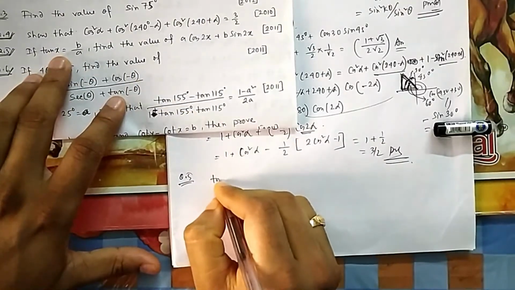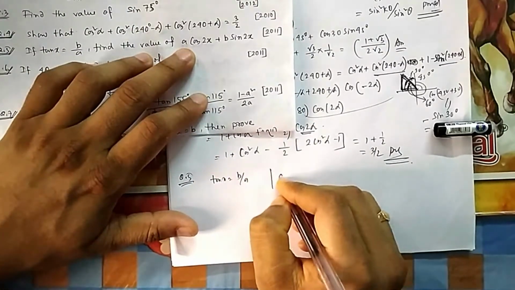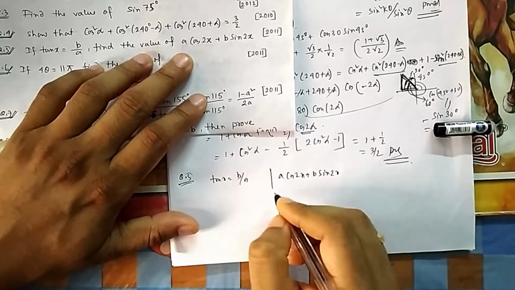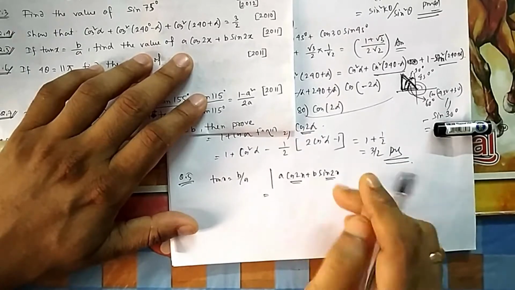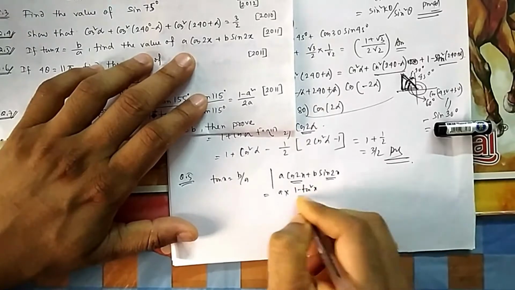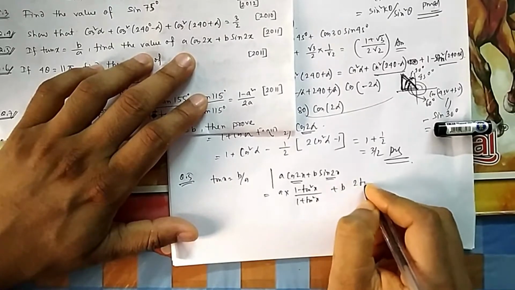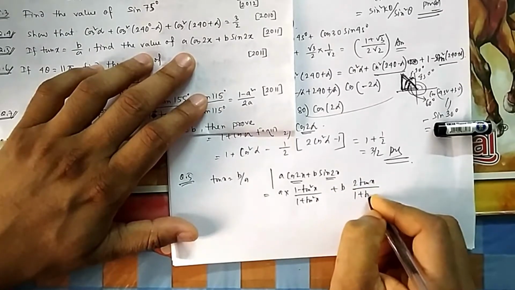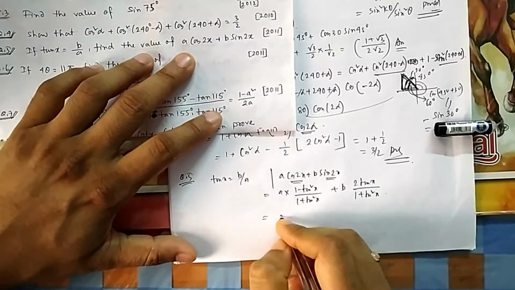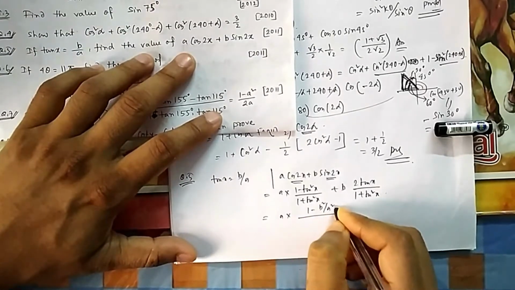tan x is equal to b by a. You need to find the value of a cos 2x plus b sin 2x, obviously in terms of a and b. So cos 2 theta and sin 2 theta, you have both the formulas in terms of tan. So cos is 1 minus tan square theta by 1 plus tan square theta, and sin is 2 tan theta by 1 plus tan square theta. Your formulas should be very clear, then in trigonometry you can apply them anytime. You have to be very well versed in your formulas. They should be by heart, and you should keep them close to your heart so that anytime you can recall them.